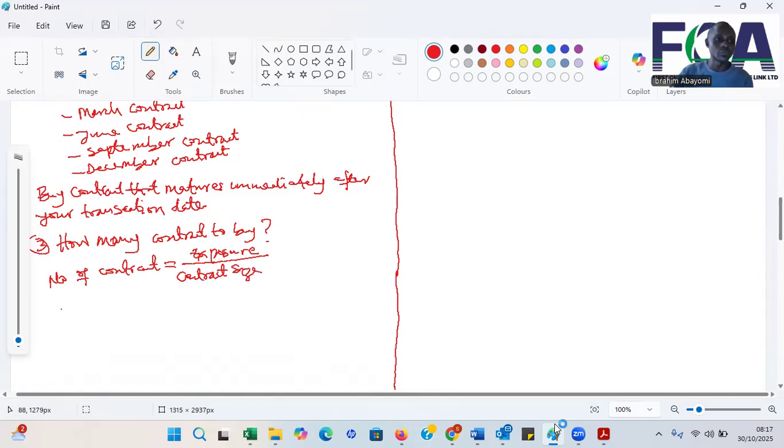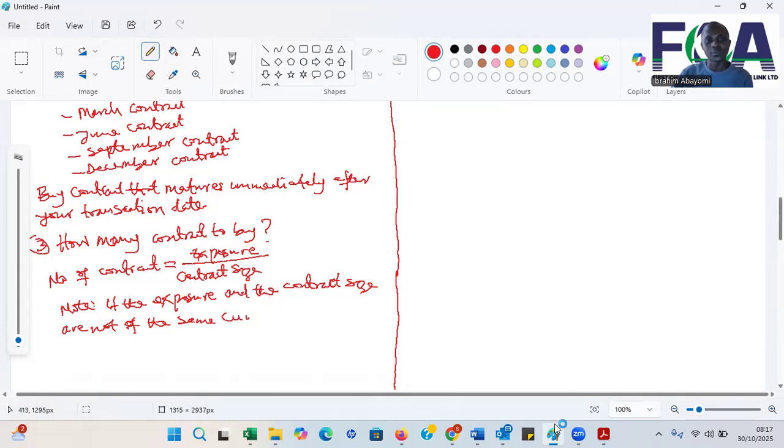So just like in futures, if the exposure and the contract size are not of the same currency,